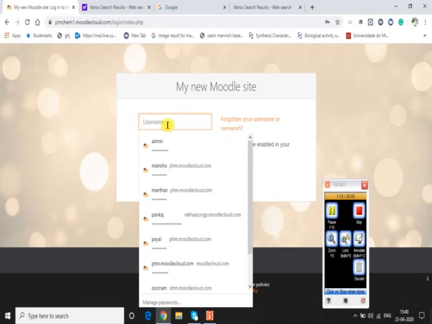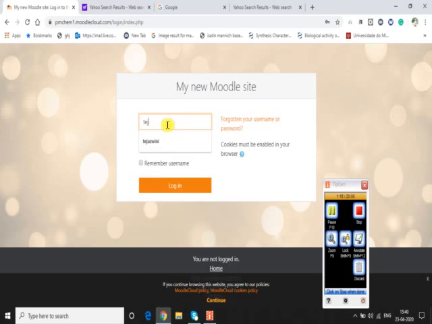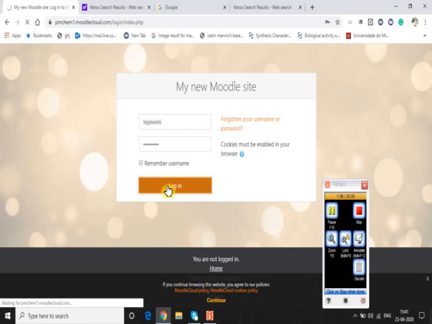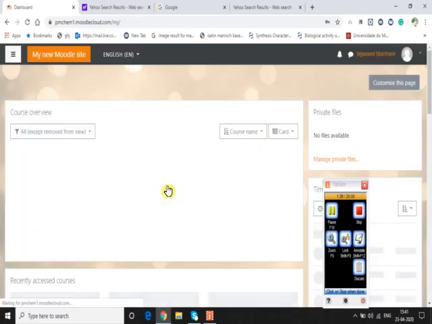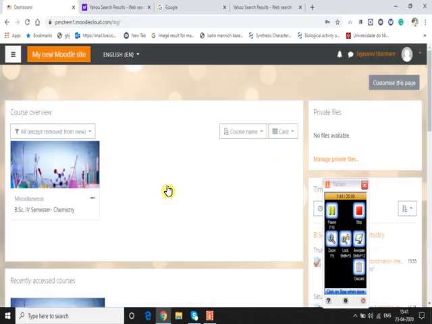For demonstration purposes I am adding the login credentials of one of the students, let's say Tejaswini. After adding your login credentials, that is username and password, you have to click on login. Once you are logged into my Moodle site, as usual you will see BSc 4th semester. Click on BSc 4th semester,